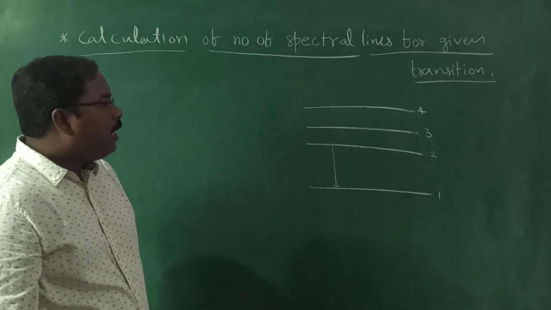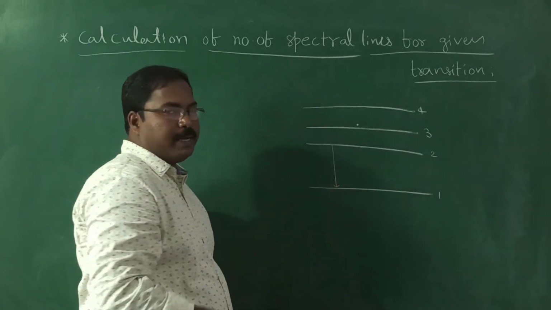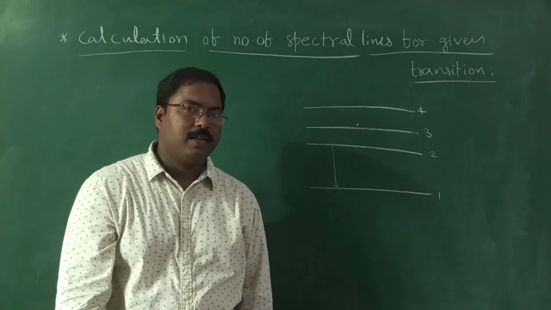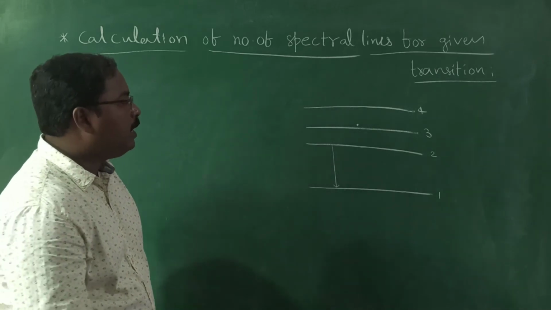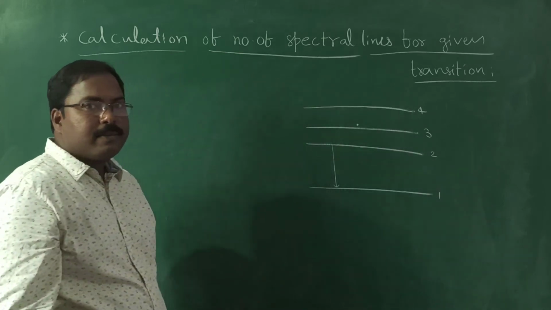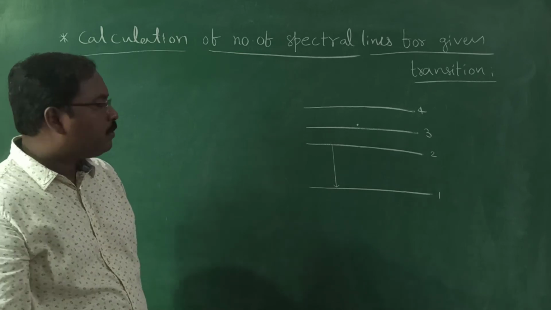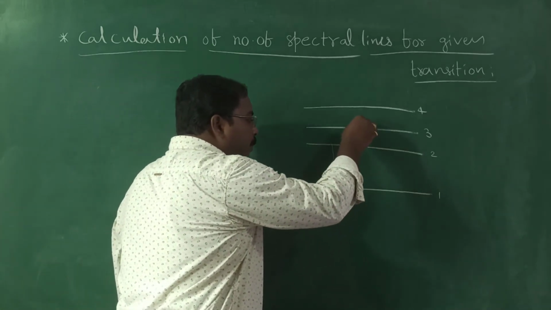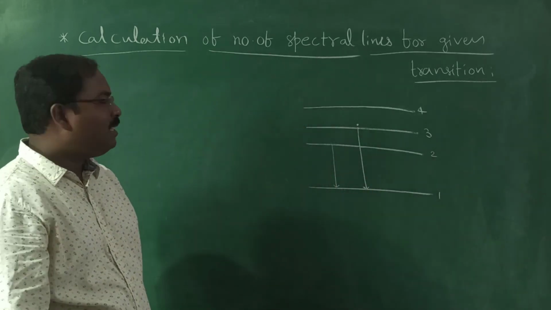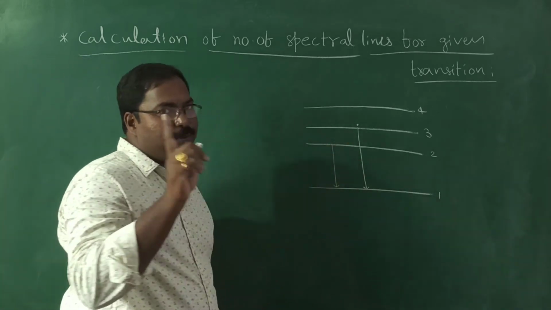Now, if our electron is present in this third orbit, how many lines will we get? That is the question. Okay? Theoretically, once observe here. Our electron is in the third orbit. Let it be we are on the third floor. How can we jump to the first floor? Some people will think, sir, I will jump directly from third floor to second floor. Some people may jump, leave it. So in such cases, one line we will get.